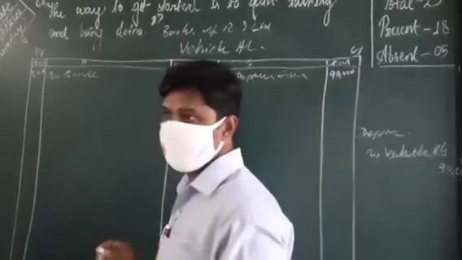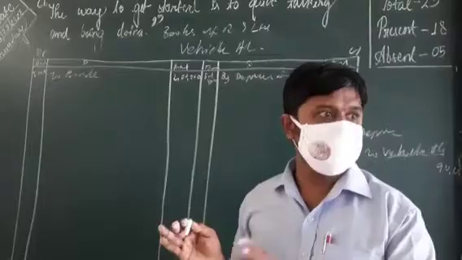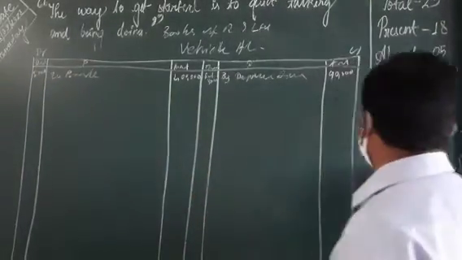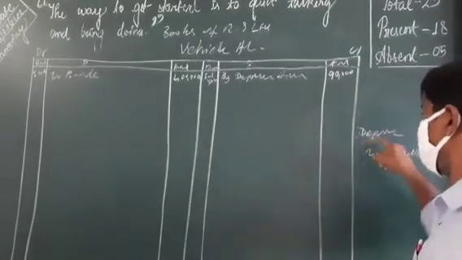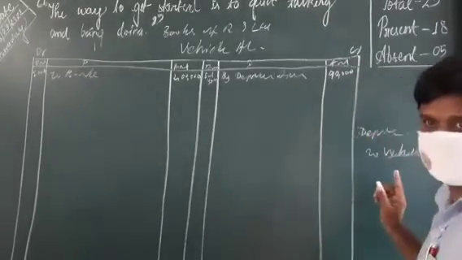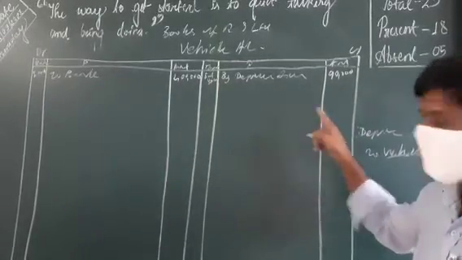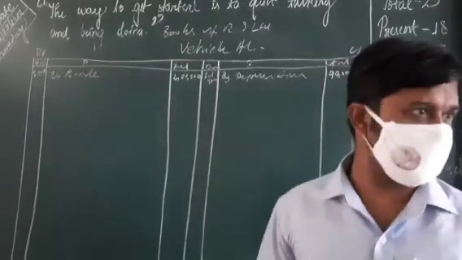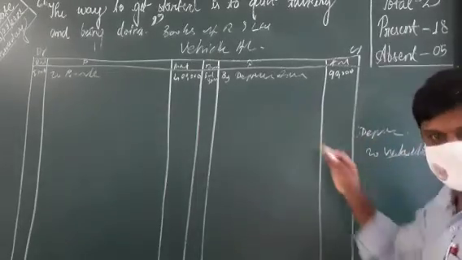Clear now? There is no other entry related to vehicle. Now we are charging this depreciation to profit and loss account. That will come in depreciation account and profit and loss account, not in the vehicle account. You got clear now? There is no entry related to vehicle. That is why we are not writing that journal entry here.